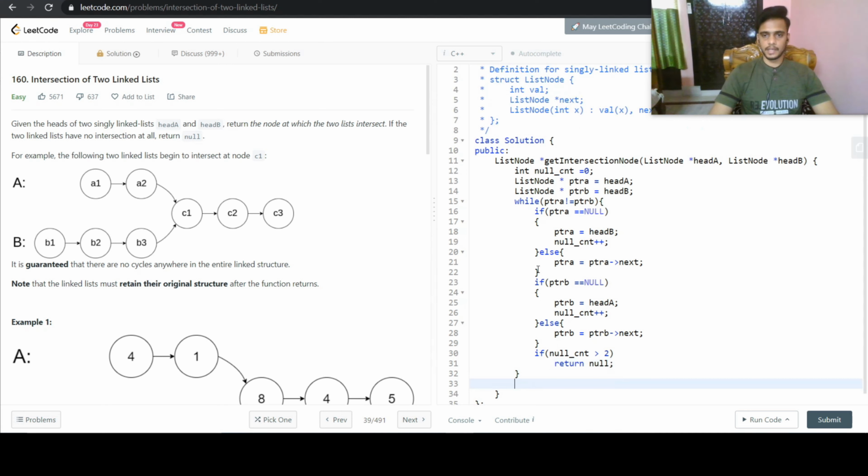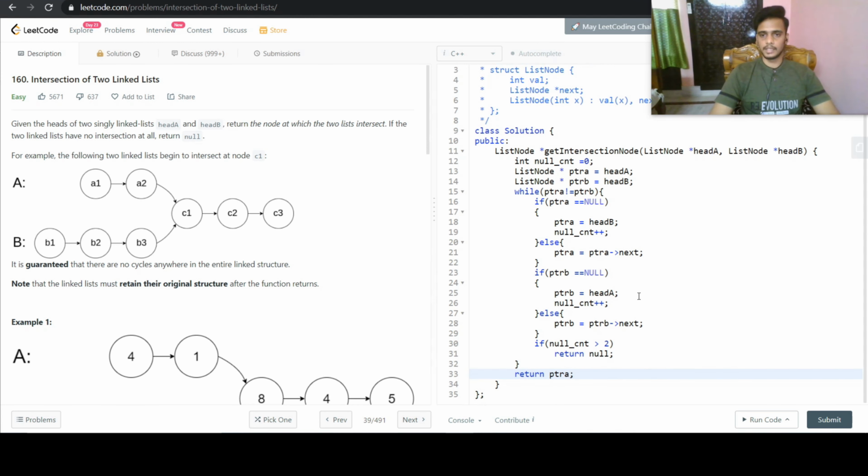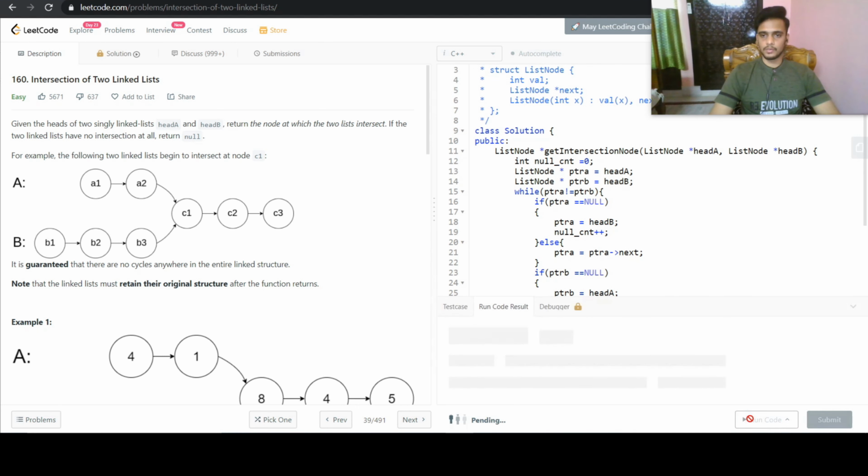Or else if we exit this loop, then we have encountered the pointer where both of them are equal, so we will just return one of them. So return ptrA, and that's it, guys. So let us run our code also.